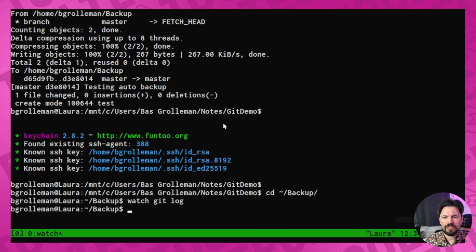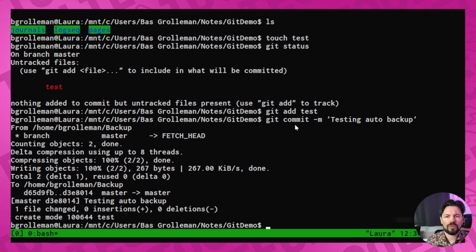Let's make this all a bit bigger and tell you what is happening. It sees here like, hey, it's going to fetch something. So it's fetched from the backup directory. It sees if there's any updates, probably not. And then it does the whole commit set and then immediately goes like, hey, I need to send my changes to backup. So you see master to master, and it sends that one changed file, that one change